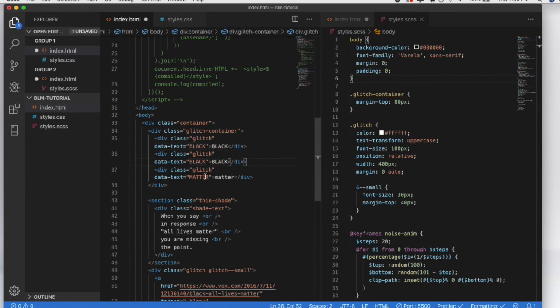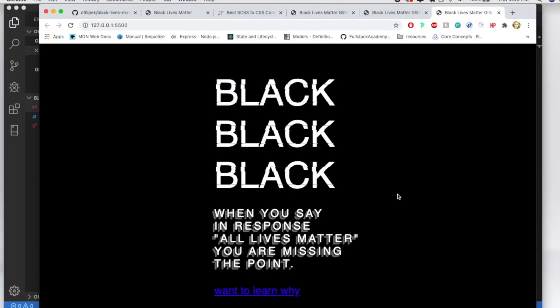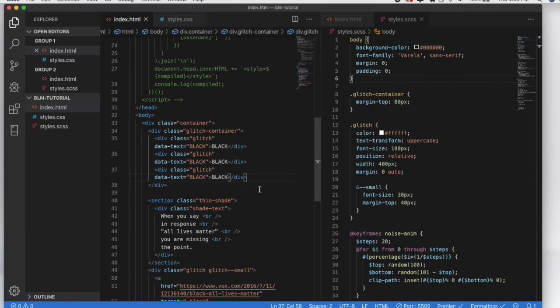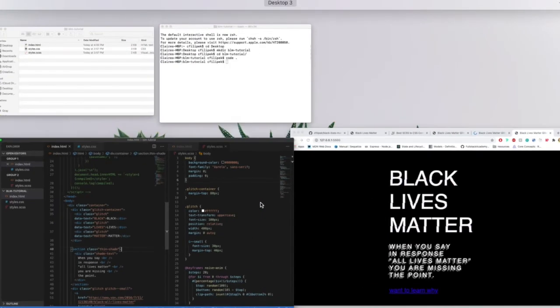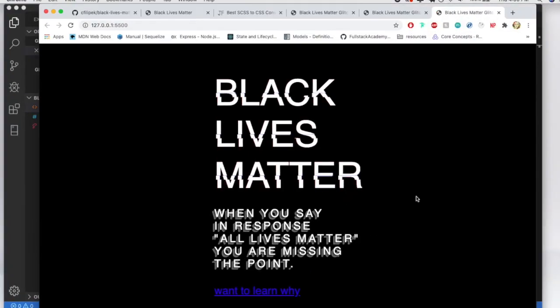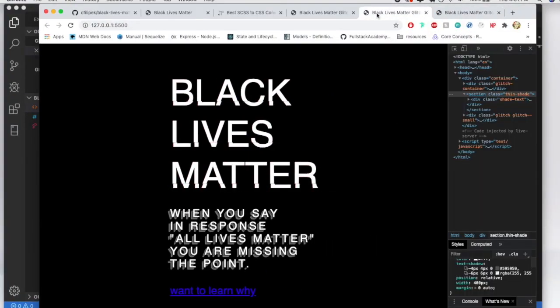So it's always good when you hit a wall like that. Ooh, I just copied black over and over, didn't I? Yep. It's very silly of me. Oops. Command C, Command V, boom. And there we have it working. So now you know how to make the glitch effect, make it an SCSS,